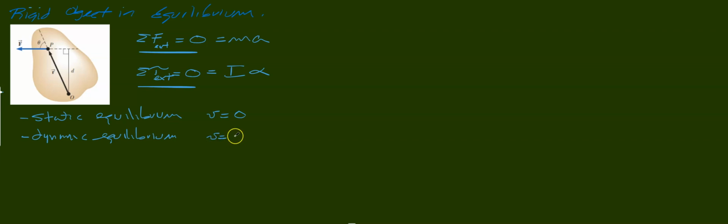Here, the velocity is non-zero, but still constant, of course, because there's no linear acceleration. And the same thing for omega, but constant. We're going to talk about static equilibrium mostly,